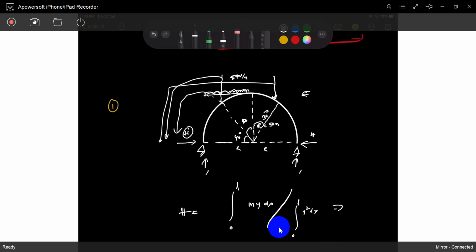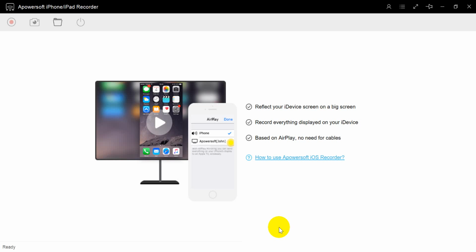So you can apply the principle of superposition. Directly, you can calculate how much horizontal thrust arrives from the uniformly distributed load effect, and how much horizontal thrust acts for this vertical load. Then you can club them and find the bending moment everywhere you want. Understood? That's it. Now we have solved the semicircular arch. Tomorrow we will solve the parabolic arch. Same problem. That's the story.